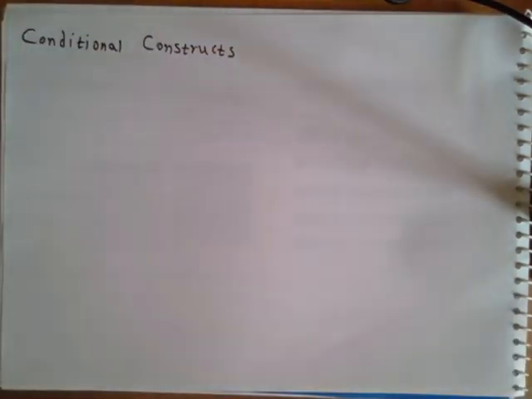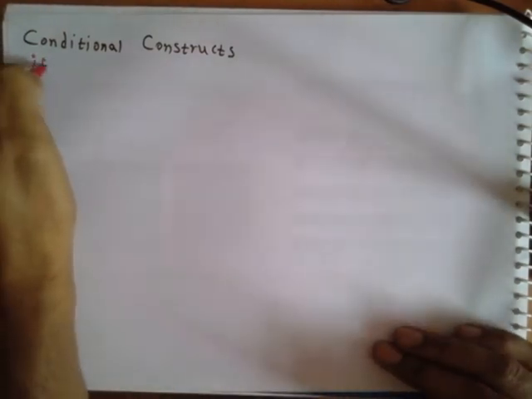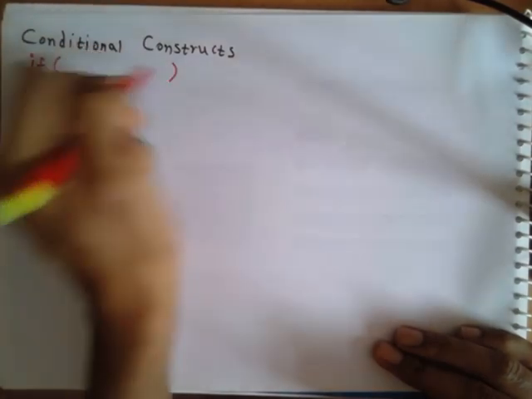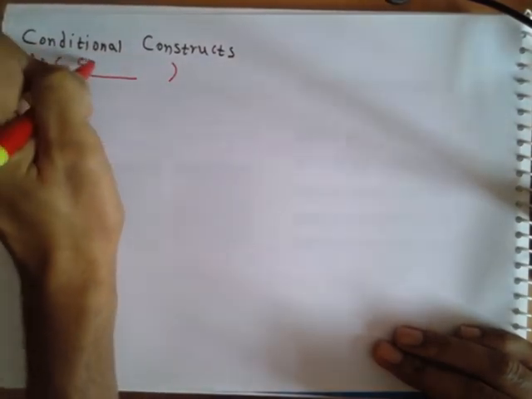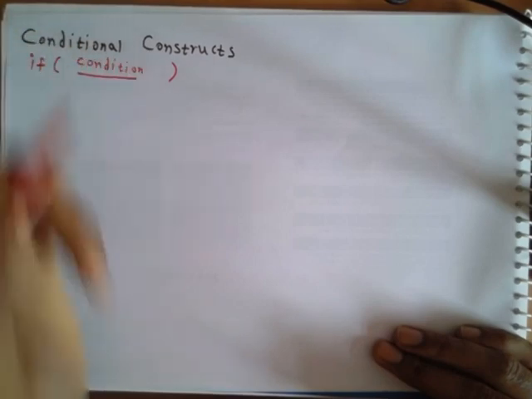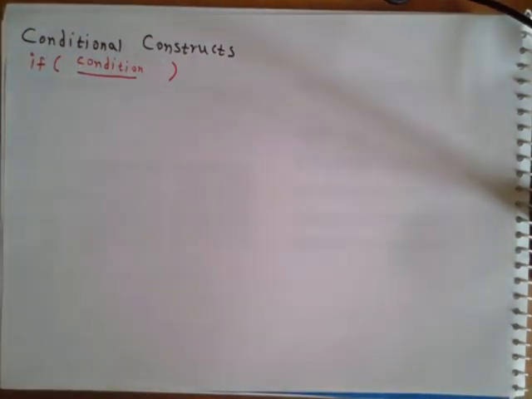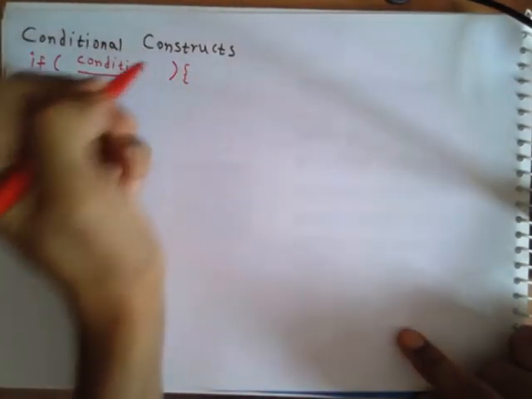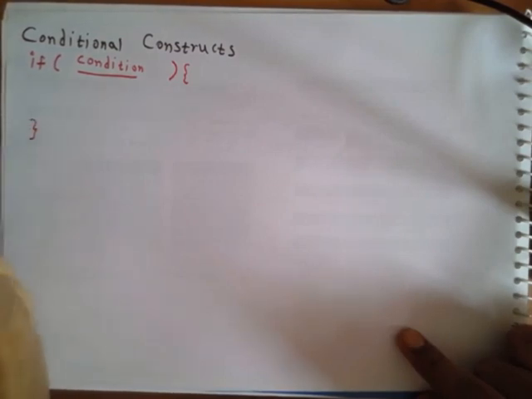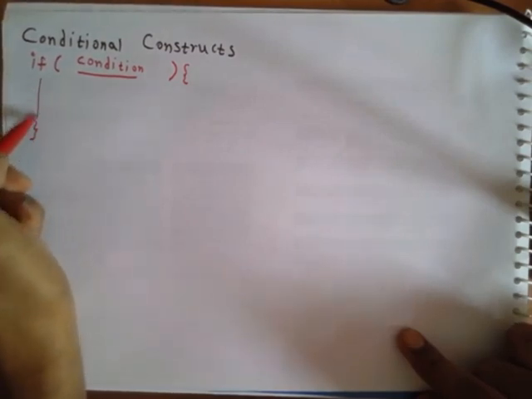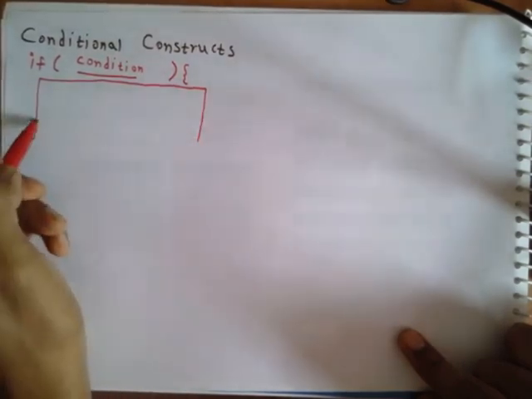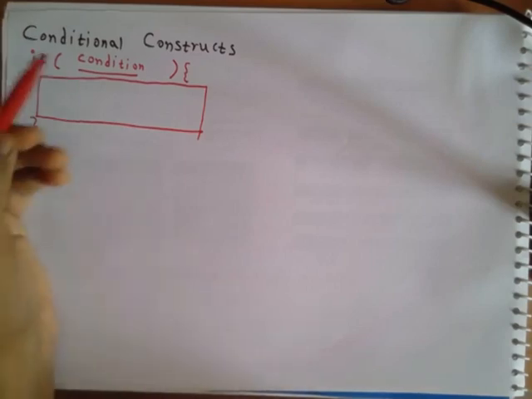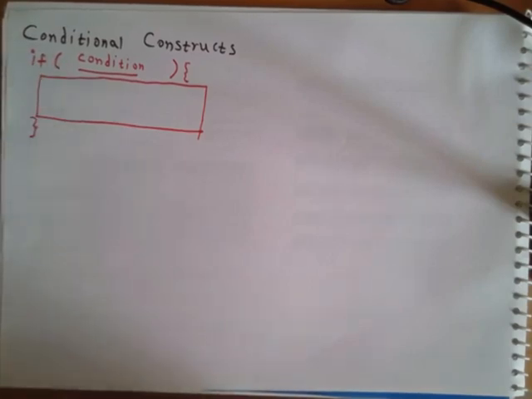So first one that I'm going to have is the if condition. I'm going to specify if, and within the parenthesis I'm going to have a certain condition. I'm going to assume that this condition evaluates to either true or false, and then I'm going to have opening braces and closing braces. So everything inside this will be executed only if the condition evaluates to be true. Okay, and this is quite similar to almost any programming language syntax.